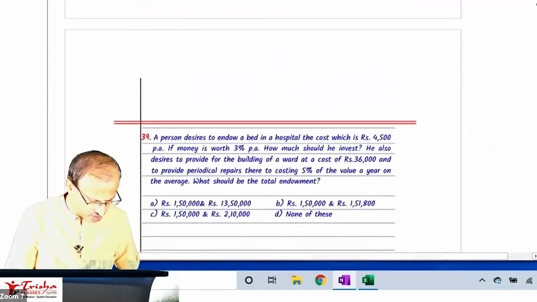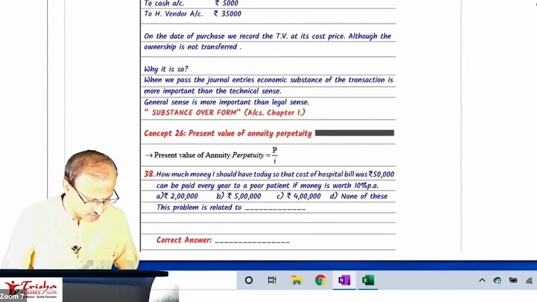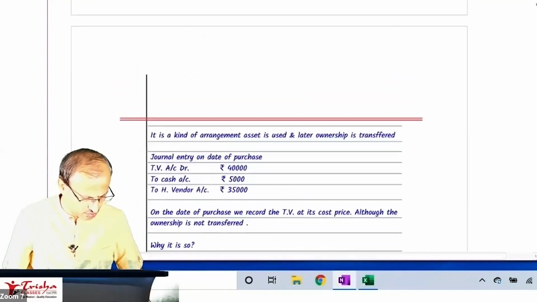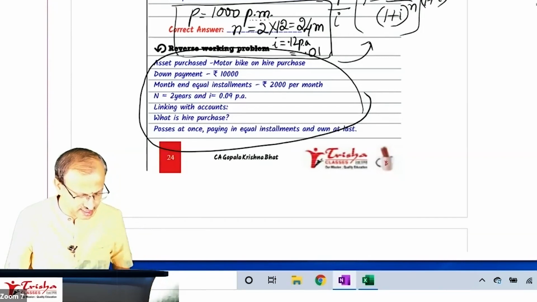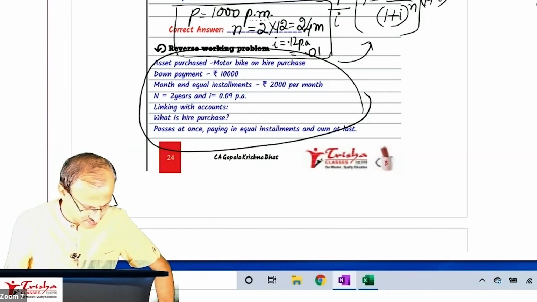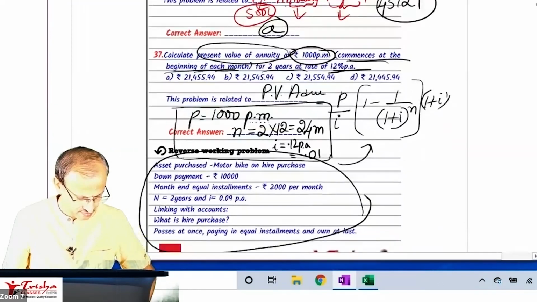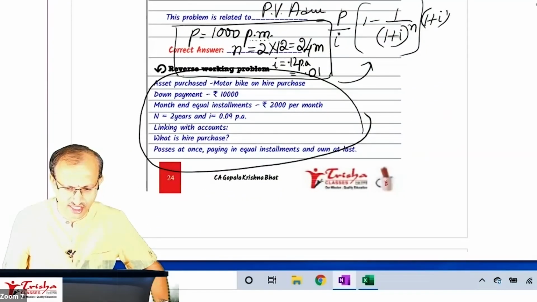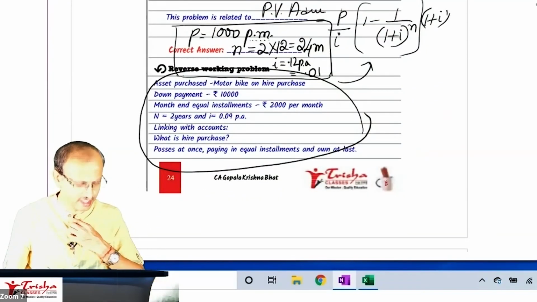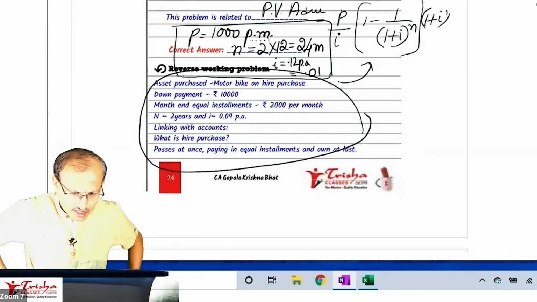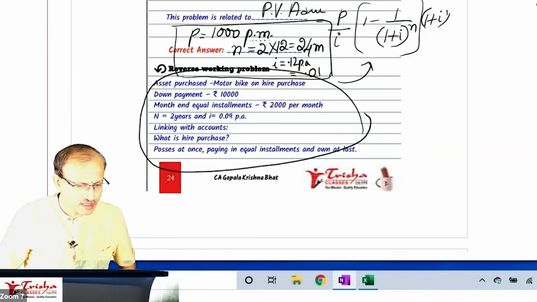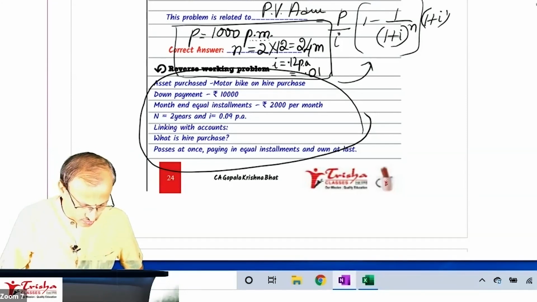In the last class, we discussed this case, the hire purchase system. I think you have to work it out and let me know what the answer for your working was. Any guess what the answer was? Your working should have been